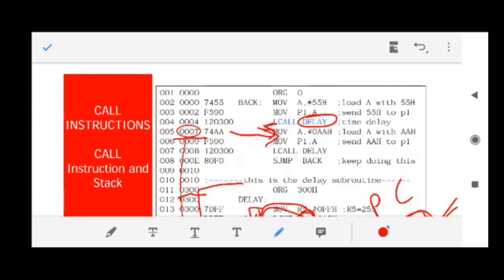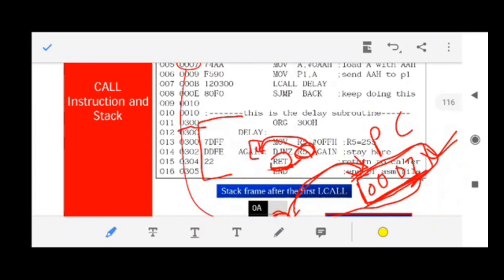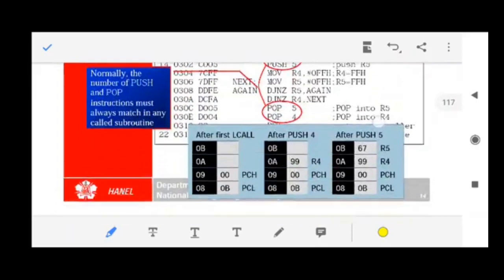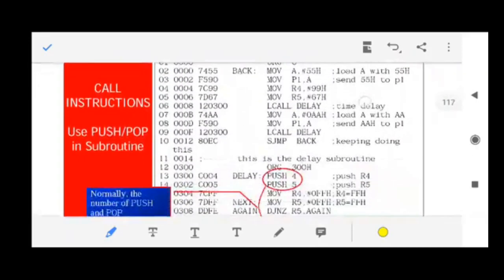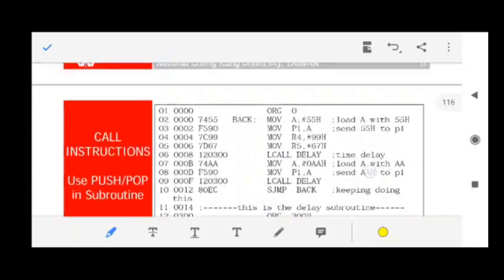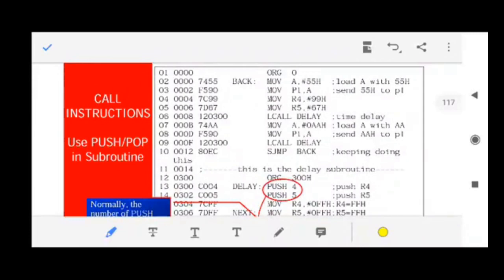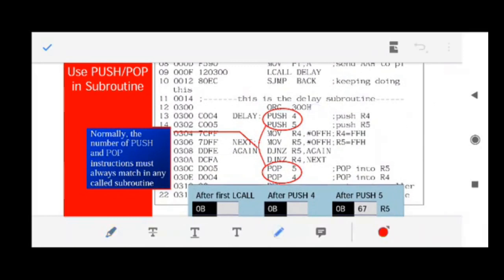Fine. For some time it has gone to this place, it has done its work, whatever its work, and it has come back to the next line. This is how your call instruction works. Fine. So it is my request to all the students that please do some exercises on this, so that you understand how the long call and short call work. Fine. We have one more example here, but I leave this example. I've already uploaded this slide on Moodle and shared it with you, so that you can do the exercise.